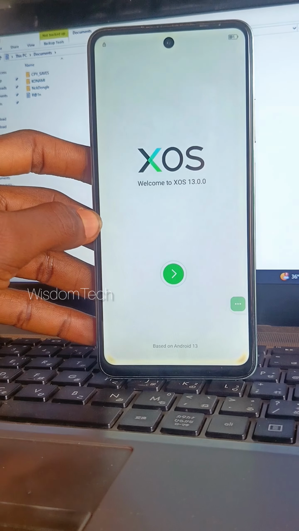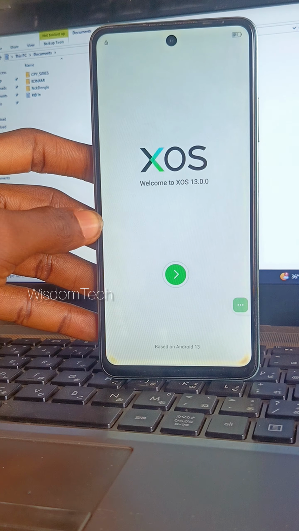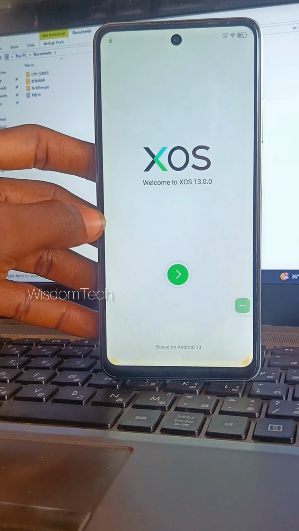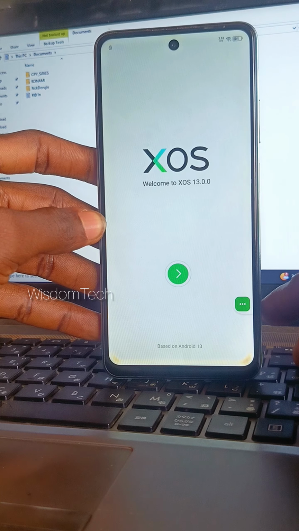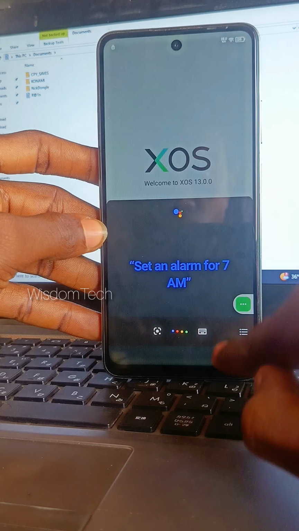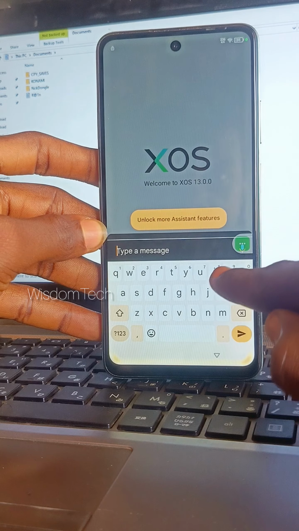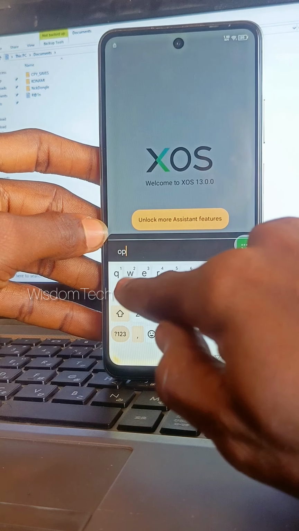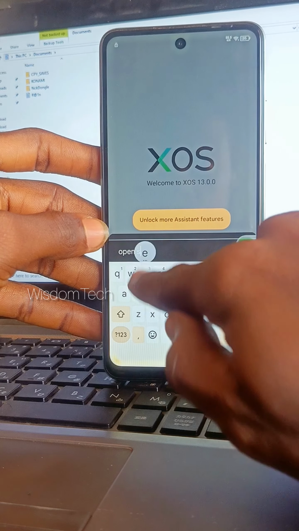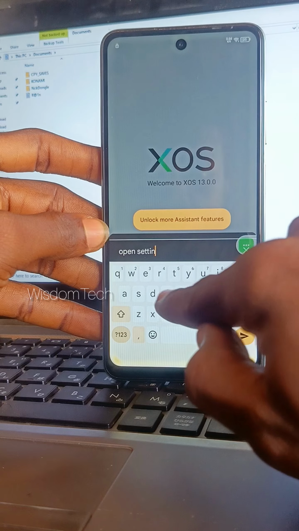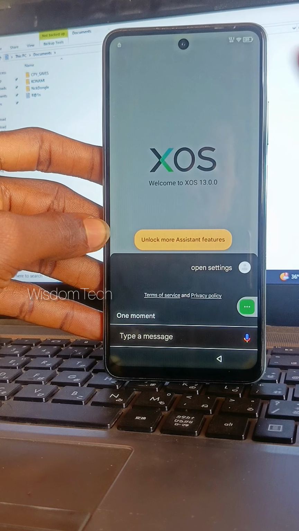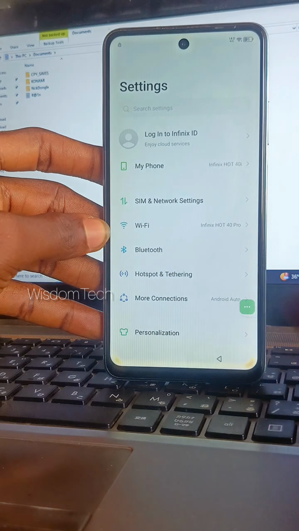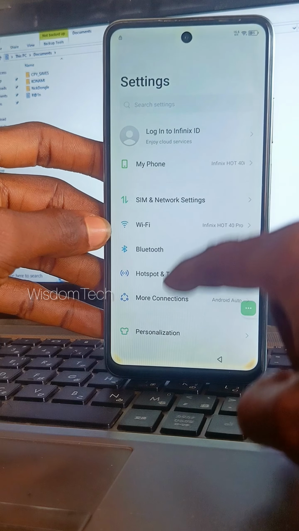Just wait. Click on this accessibility menu here. Turn your hotspot on. Then when you turn your hotspot on, you click on this icon here. Then write open settings. Make sure you have turned your hotspot on. You search. It will take you to settings. Then from here, we have to go to